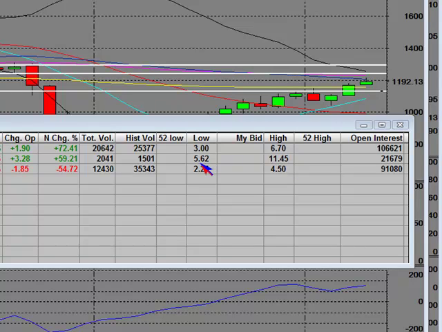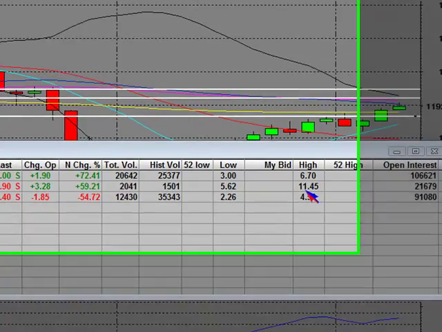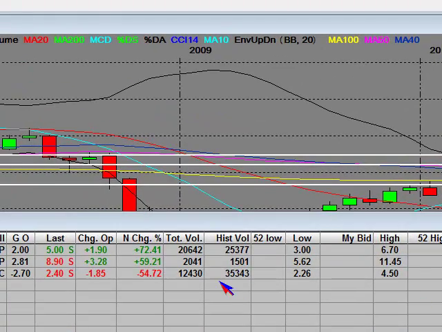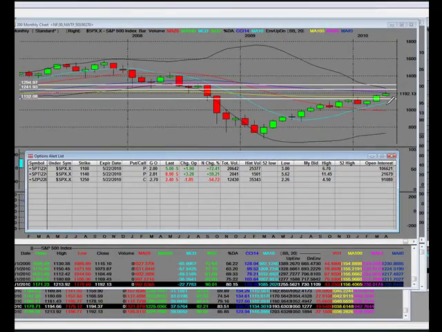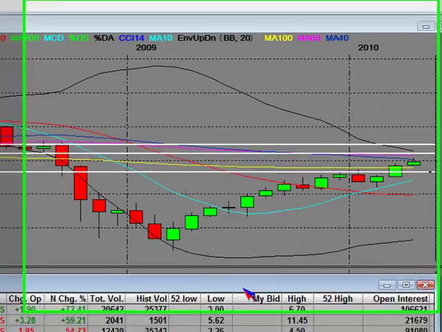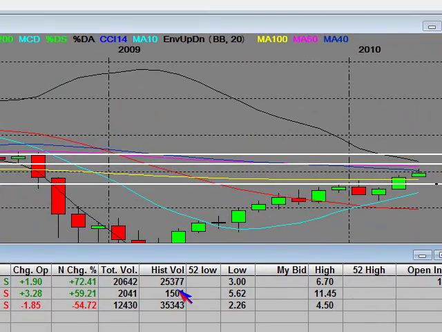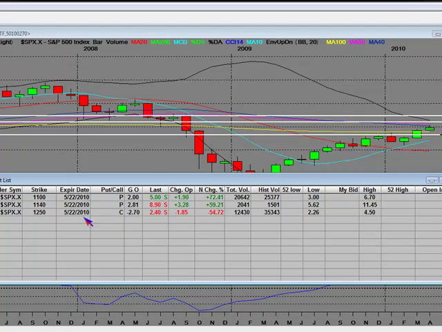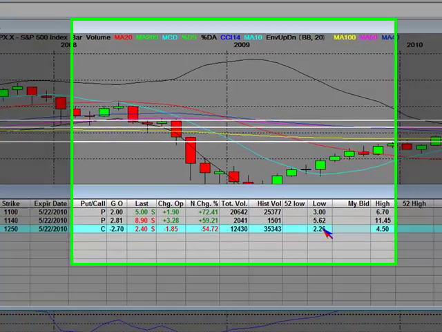And the low on Friday on that 1140 put was 5.62, and the high was 11.45. And that put option made money on Friday because we had an overbought and a sell-off. And part of that was news related. Okay? The other thing that I would like to say is that the other side of the trade, which is